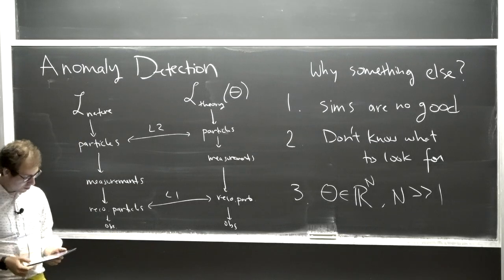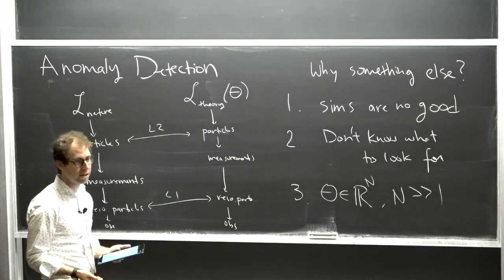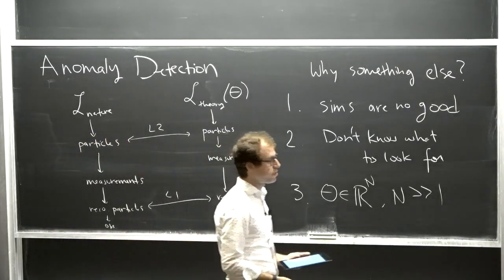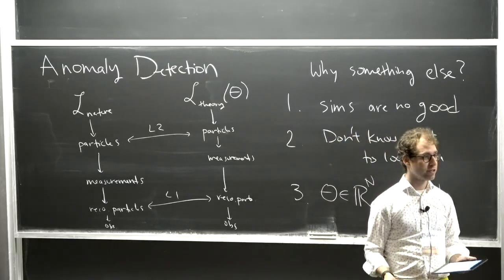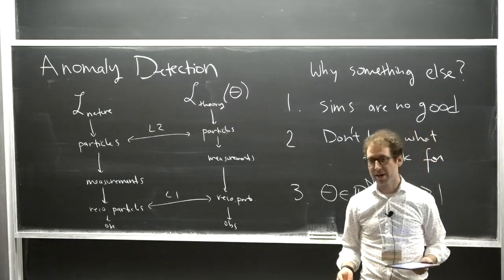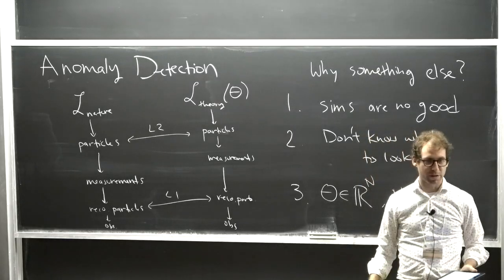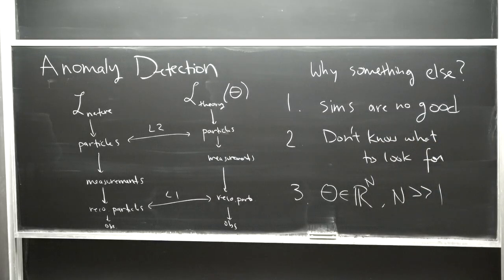OK, so the new tools that we need to address these challenges are anomaly detection. In the last 2 lectures, I spent almost half the lecture talking about the classical approach, and then I said the classical approach is no good, so we need to use machine learning to make it better. But in this lecture, there is basically no classical approach. There's just the machine learning one. So I'm going to get to the machine learning much faster in this lecture compared to previous lectures. The goal here is to develop tools that allow us to automatically look for new things without having to specify a lot ahead of time.